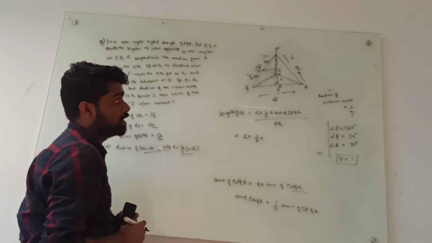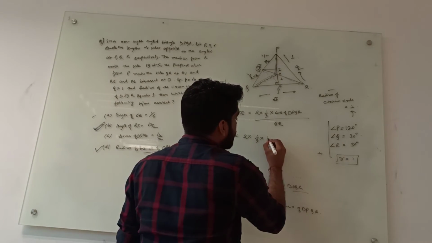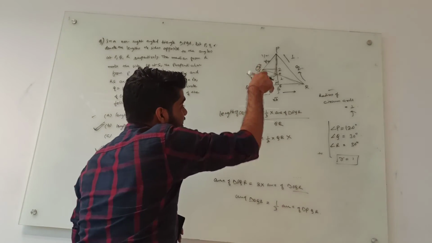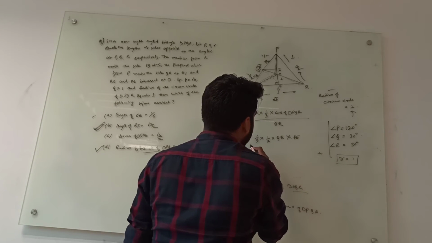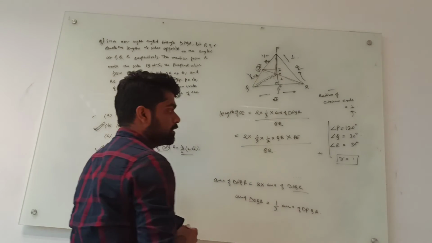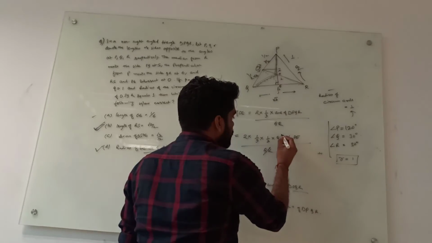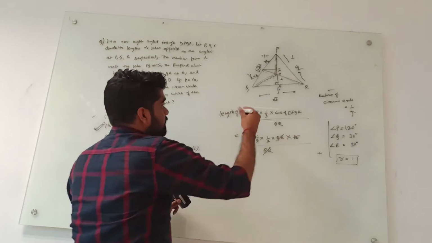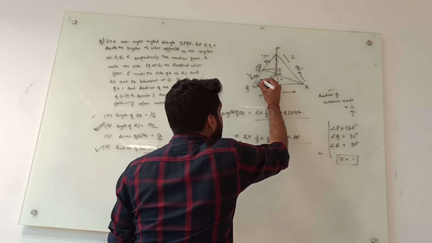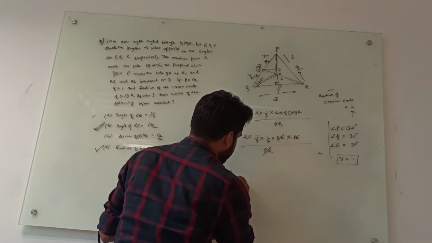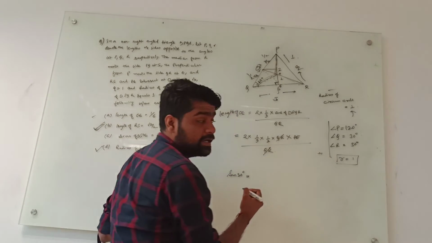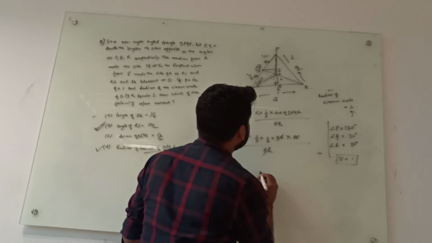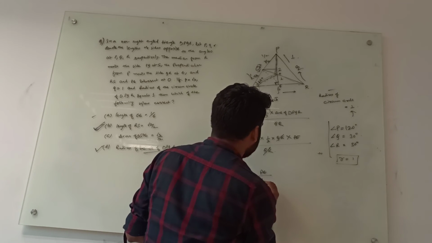Now the area of PQR can be written as what? It will be half into base QR into PE, which is the perpendicular, divided by QR, correct? Now what is happening? This QR and QR will be cancelled. Now you can clearly see, as angle Q was 30 degrees and this is a perpendicular, can I tell sine 30 equals perpendicular by base? No, perpendicular by hypotenuse, so it will be PE by PQ.